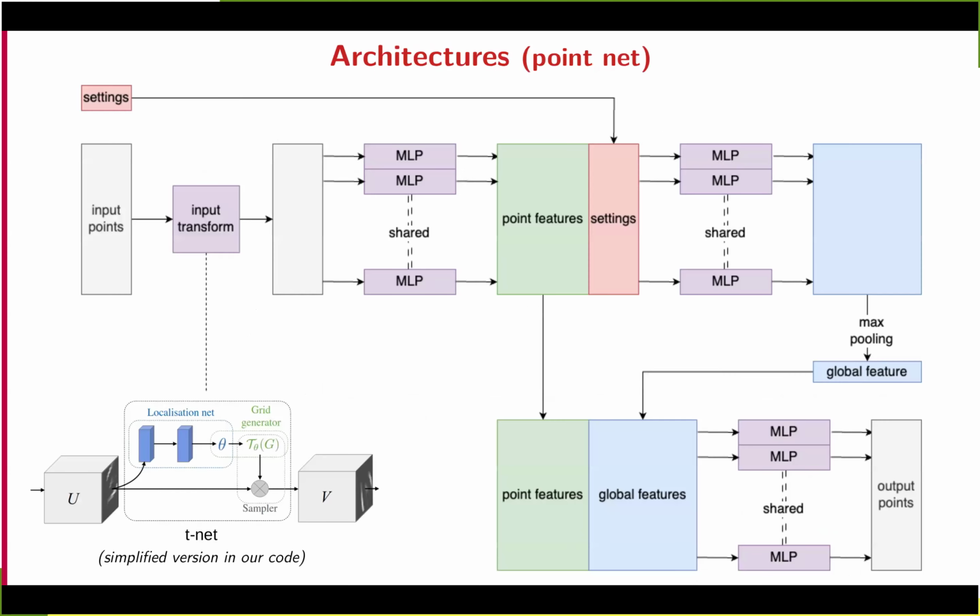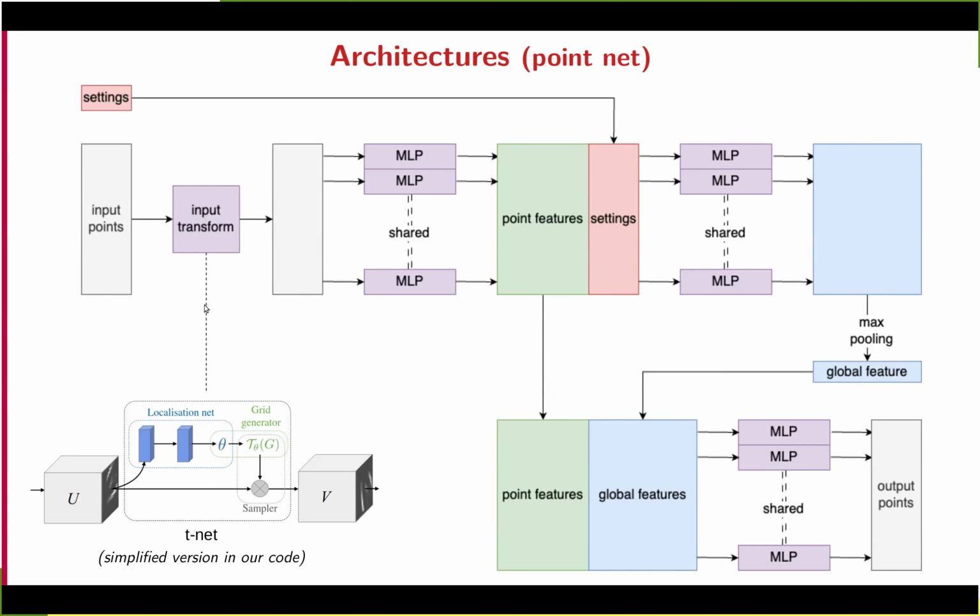Now, what are the architectures that we consider? Pushed by the nature of the data set, which is a point cloud, we considered PointNets, which proved to be effective for this type of data. But clearly, modifications to the original architectures are needed for our specific physical setting. So we have 2 inputs, as I mentioned, the states, so positions and momenta, and the settings.